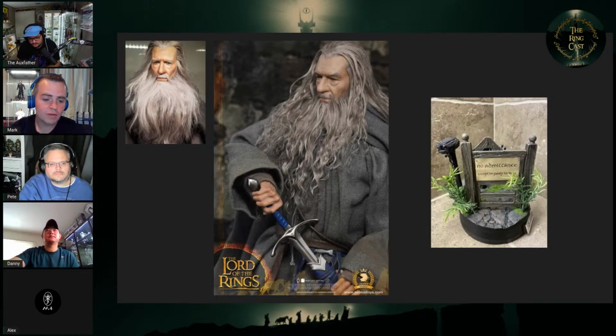I said, when I was unboxing it, it was right up there with the DX07. But as of right now, of course, it's newer, I got it more recently, but right now this is the number one figure in my collection. Wow. I've picked this thing up and brushed it, I've petted him more than I petted the cat. You know what I mean? And I love the cat, but...